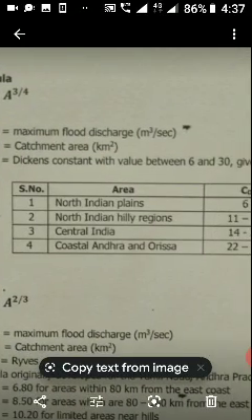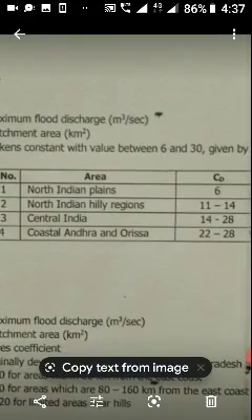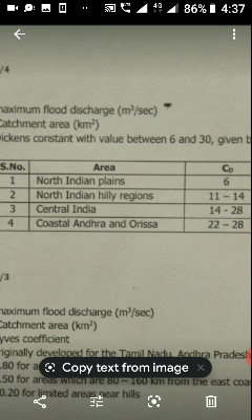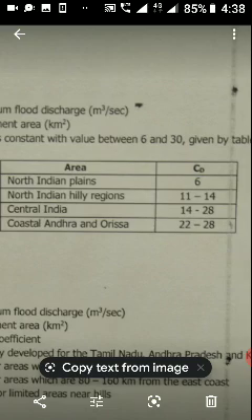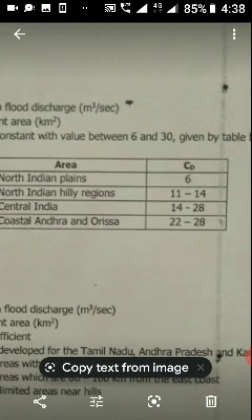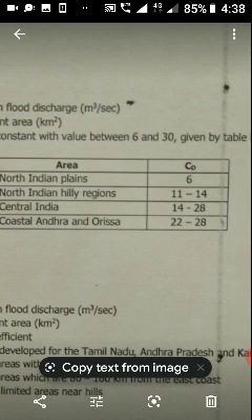And the different types of areas are also given, like North Indian plains, North Indian hilly regions, Central India, coastal Andhra and Orissa. So they have given the constant value,